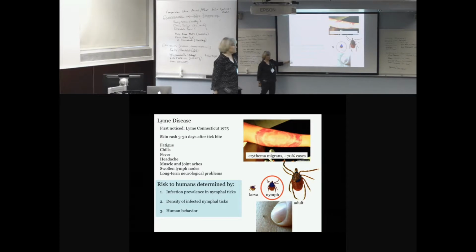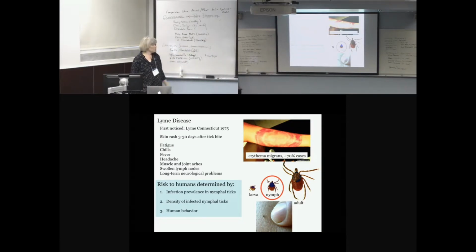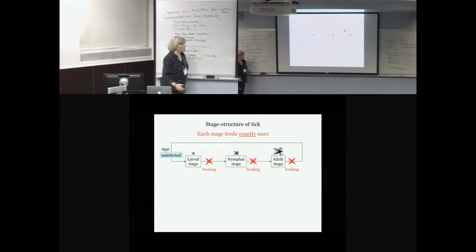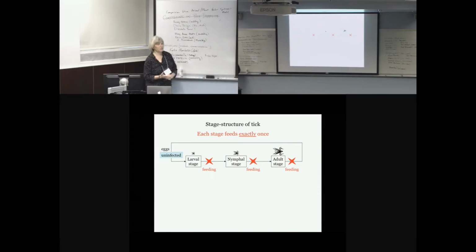And a big component that I'm not modeling at all is the human aspect, that what humans do is really going to influence their own risk, how much time they come in contact with ticks. One of the key features of tick-borne diseases, which it'll be interesting to see if this has any relationship